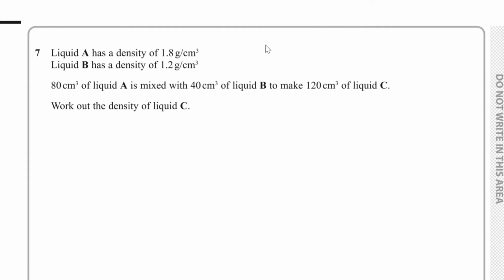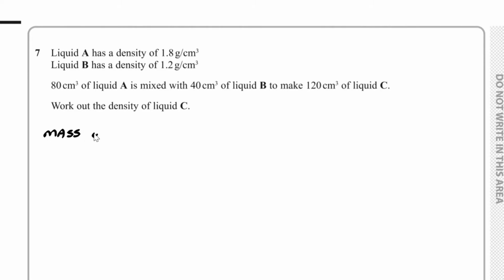Question number 7. Liquid A has a density of 1.8 grams per centimeter cubed, and liquid B has a density of 1.2 grams per centimeter cubed. 80 centimeters cubed of liquid A is mixed with 40 centimeters cubed of liquid B to make 120 centimeters cubed of liquid C. We have to work out the density of liquid C. First of all, we can find out